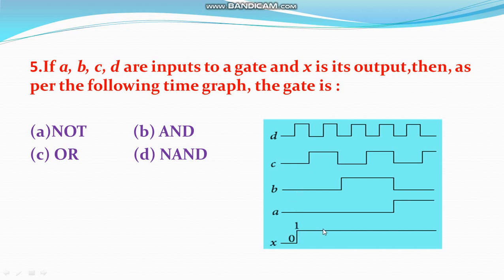In the following other cases, yes, 1 is C. Here C is 1, D is 0, B is 0, A is 0, then also you will get 1. That means 0, 1, 1, 0, you will get output 1, 1, 1. So which type of gate is it? Yes, correct. Our answer is C.